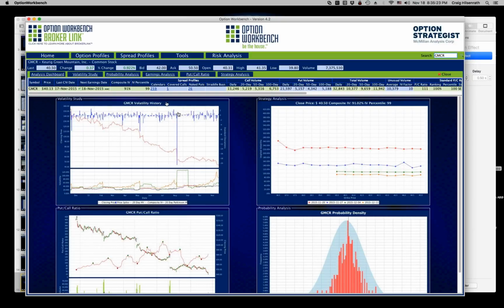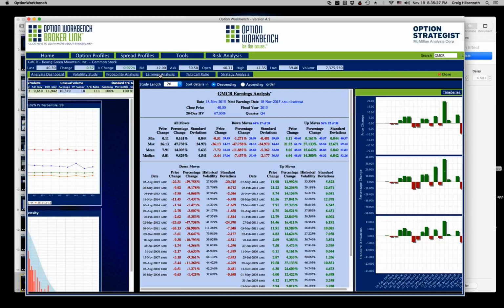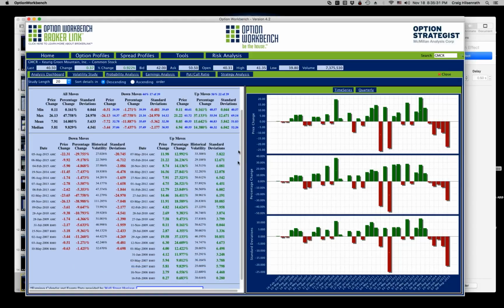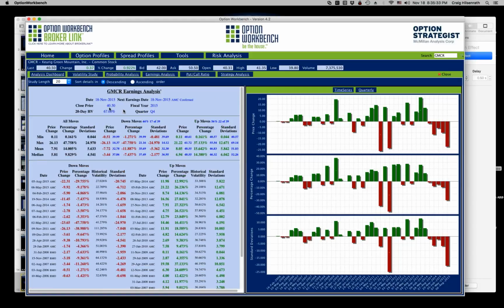We'll be looking at strategy analysis, but let's start with earnings analysis. And this is the chart in the report that we were looking at earlier. I have the data in the detail table sorted in descending order.